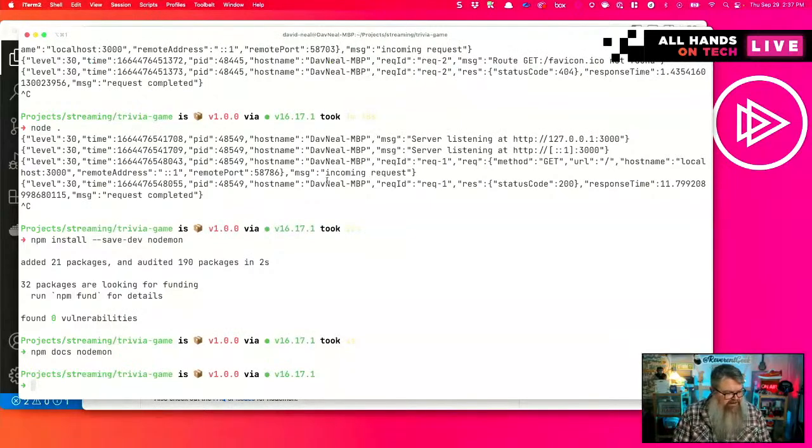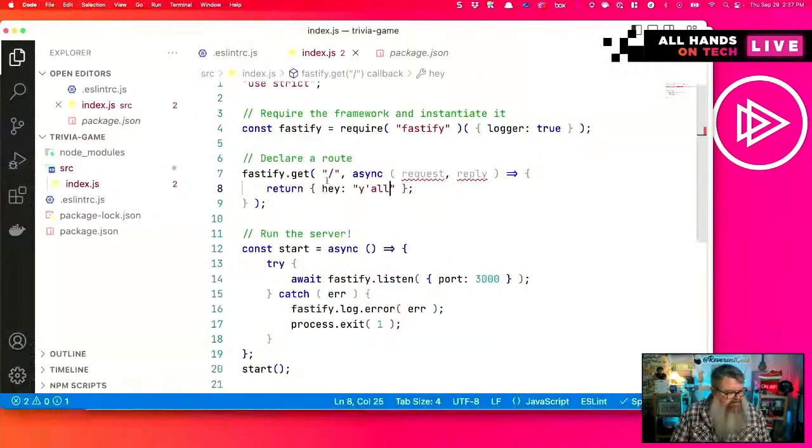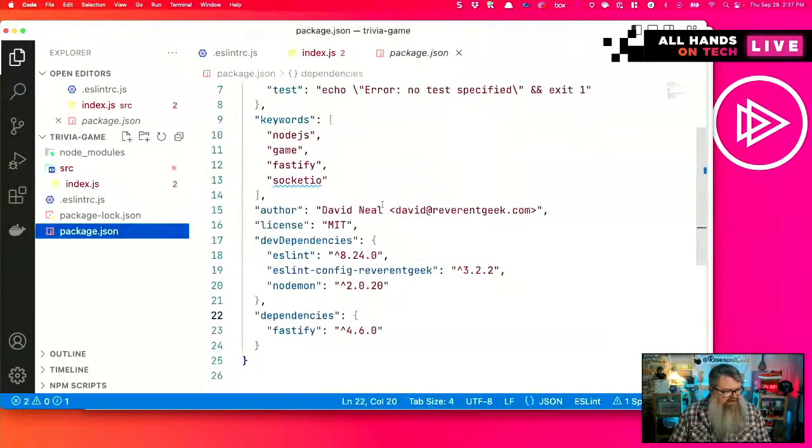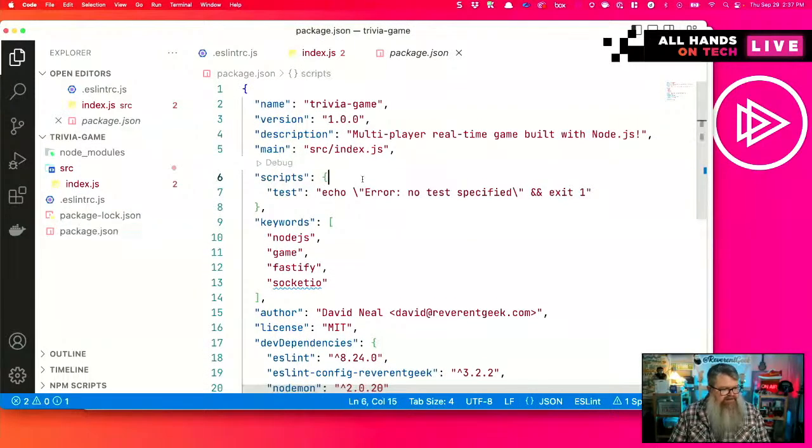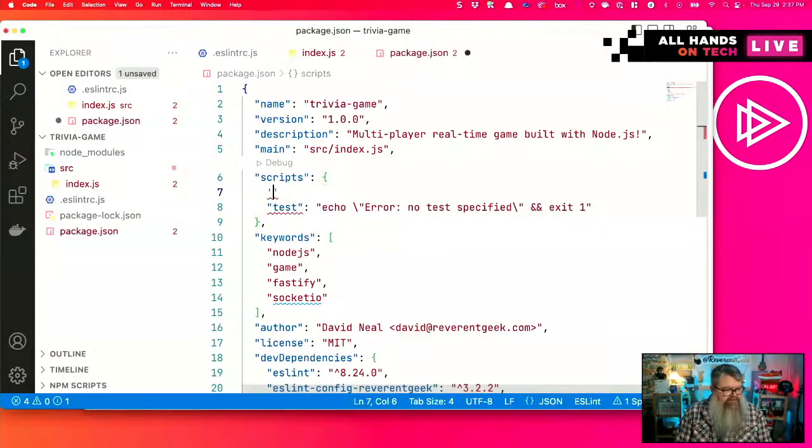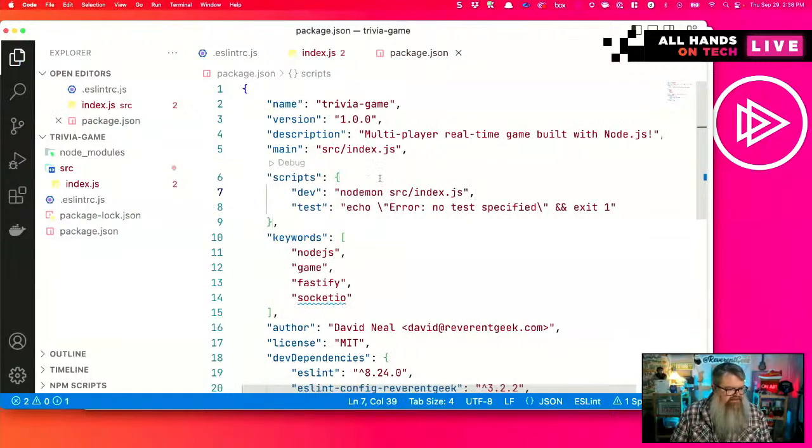I'm just going to jump over here to the project, and inside package JSON, I'm going to create a script called dev, and it's going to run NodeMon source/index.js. I could also do just a period to run the default, and then I need to add a comma on the end of that to make it valid JSON.